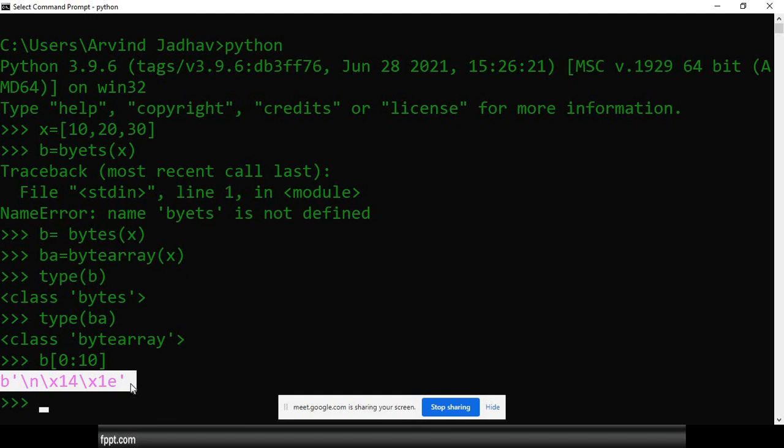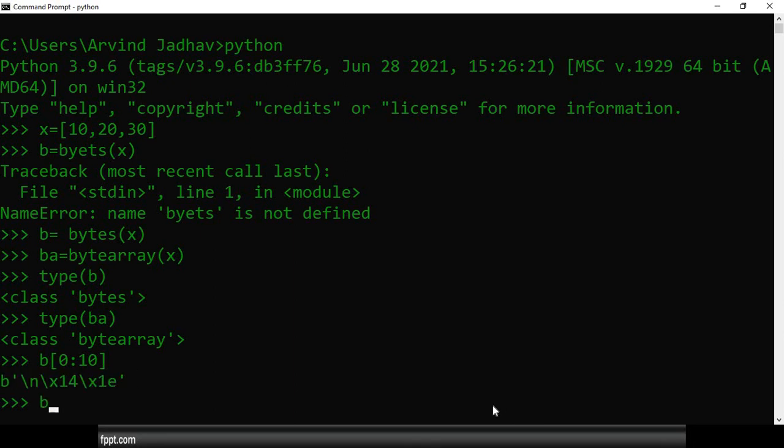Why do we need to specify this? We need to learn list-related tasks, and in those tasks we need to use the slice operator many times. In a list we are allowed to use the slice operator, but at least we need to understand whether we can use a slice operator in bytes and byte array. No, it will return some value, it does not give any error, it will return the object information. What is this returning? Object information, but it does not give an error. What does it mean? That means we cannot use the slice operator in bytes and byte array.